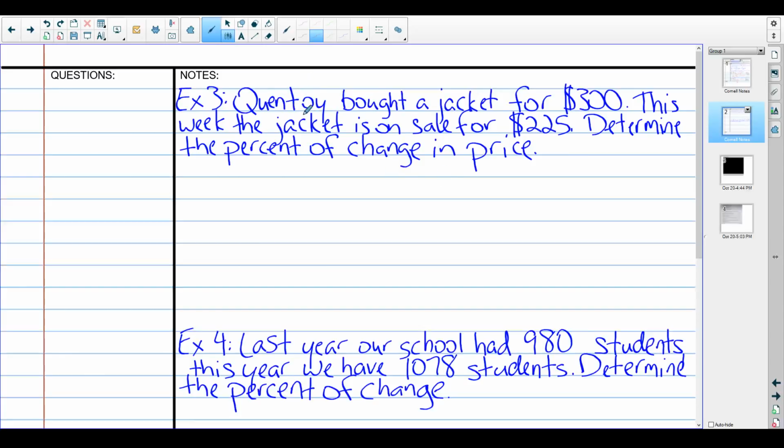But whoever it is, they bought a jacket for $300. And now this week, the jacket's on sale for $225. So our person got unlucky. Bought it when it wasn't on sale. Now it's on sale. Want to determine the change in price